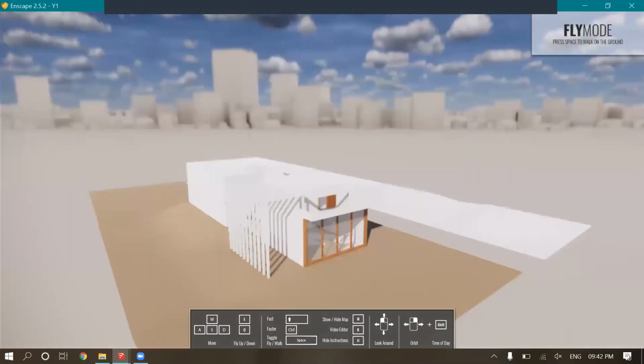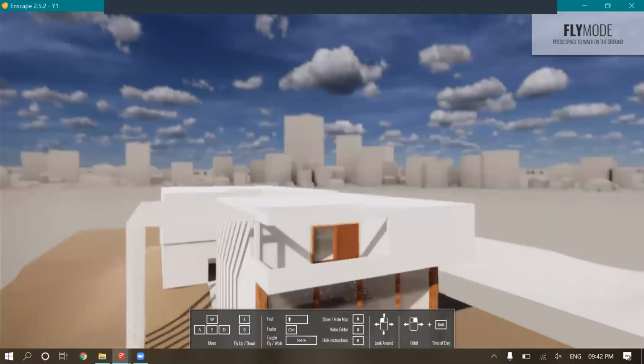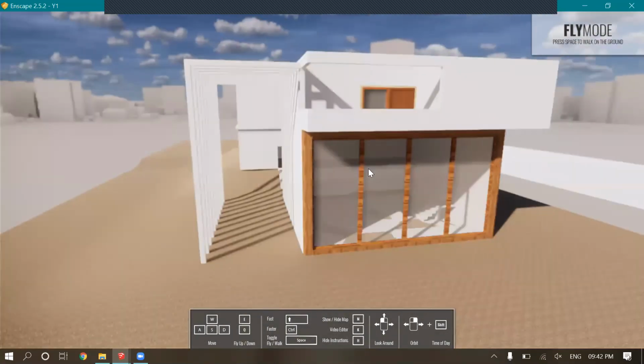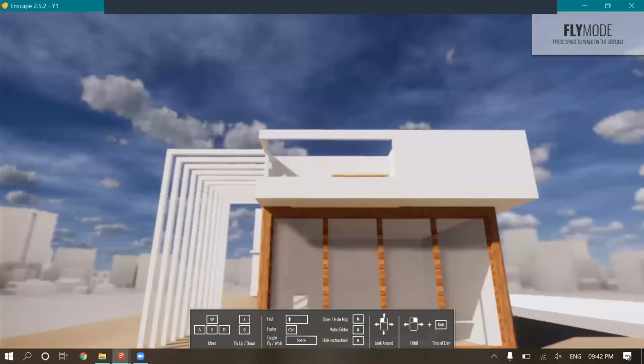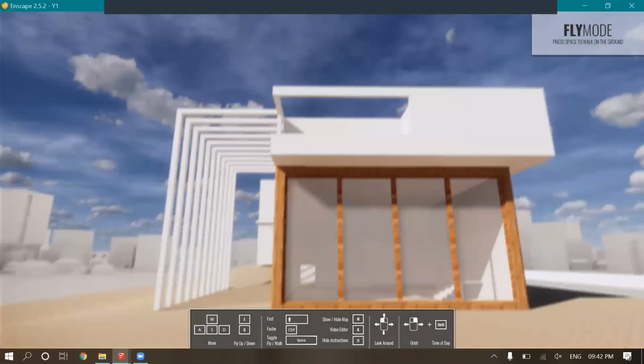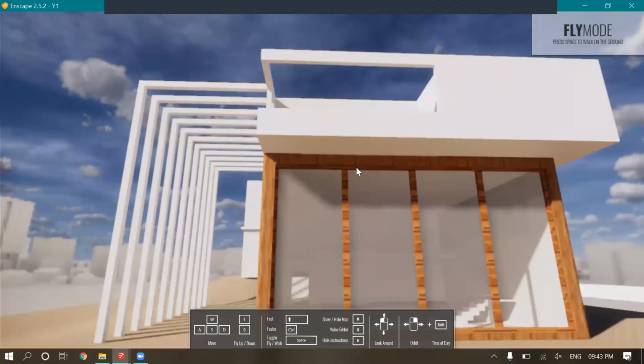That's the difference. So this is how we get a view. At first we need to adjust our view, so I'll do this part using the right click, and set this part with this.